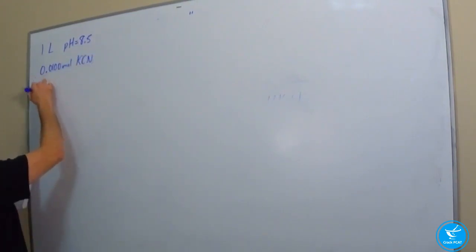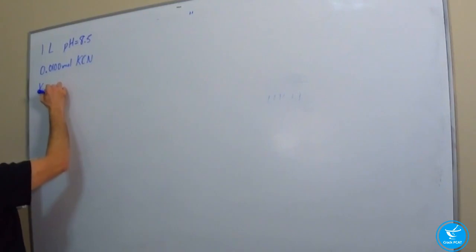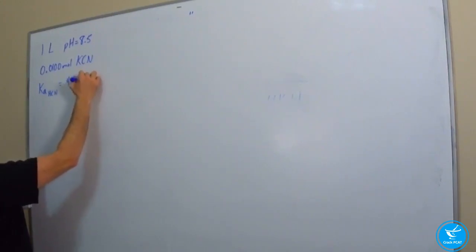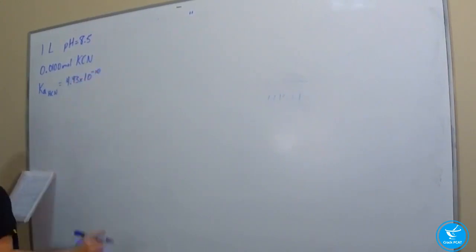And we're given the Ka of hydrocyanic acid. It's equal to 4.93 times 10 to the negative 10. Okay. Well, the first thing that I want to do is